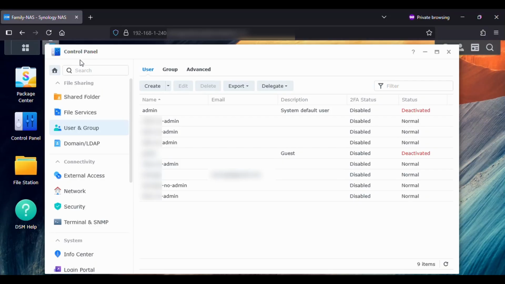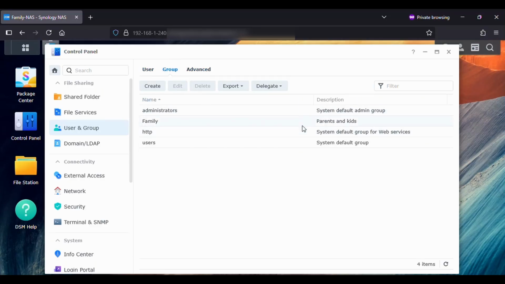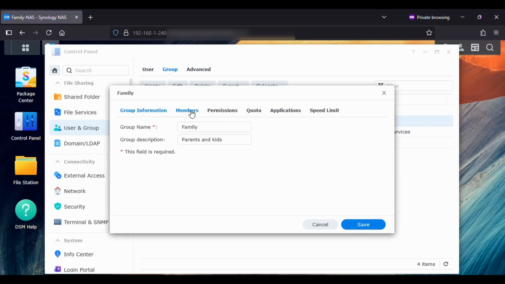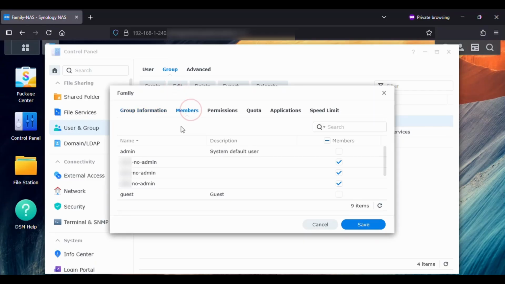Then I created a group, and the group is basically called Family, Parents and Kids. So everyone of the family will go there. And if I look at the details, the members of that group are the non-admin accounts. The permissions of that group